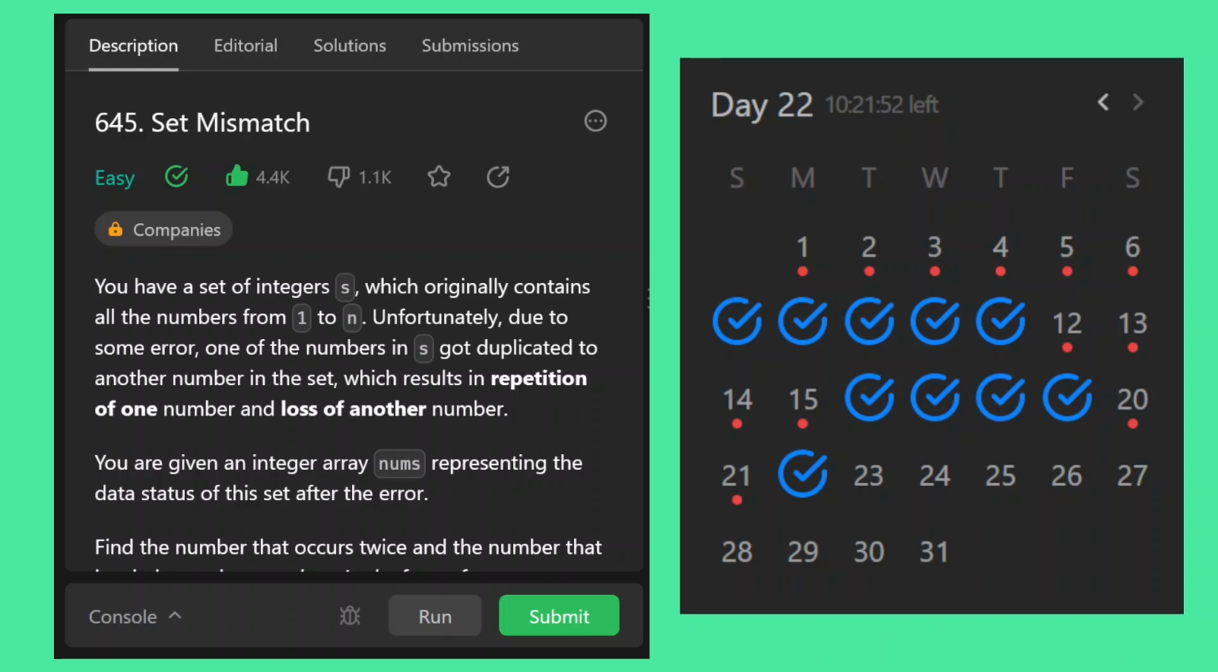I'm sorry, day 22, 22nd of January is this question here, which is Set Mismatch. Now in this question, we basically have an array. We're supposed to have an array which has values from 1 to n. But what happened is one of the values has overlapped the other values. For example, if I were to take an array here,